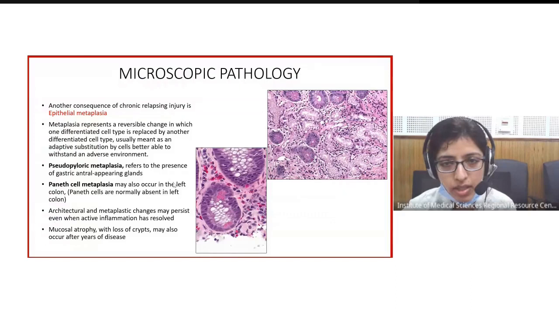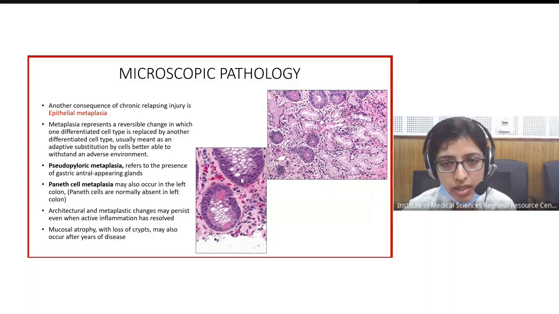Now, what are the metaplasias that we can see? Pseudopyloric metaplasia, when the glands are replaced by gastric antral appearing glands. Here we see these are very much like those seen in the gastric antrum, these mucus glands. So this is pseudopyloric metaplasia. Why pseudopyloric? Because it appears like the glands in the pylorus, but G cells are lacking. So this is not a true pyloric metaplasia. The pyloric glands also contain the G cells, which secrete gastrin, but here we do not see that.